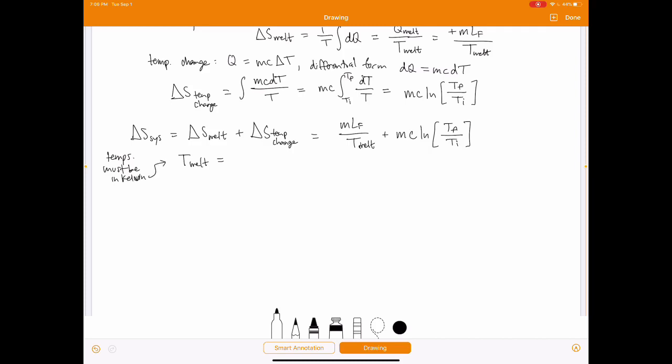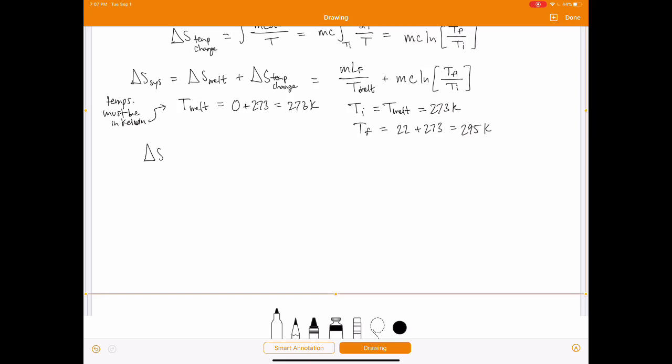So the melting point of ice is 0 degrees Celsius, but we'll add 273 to give us 273 Kelvin. The initial temperature of that now liquid water is, well, T melt, right? Which is 273 K. But then the final temperature after it warms up to match the temperature of the room, that's 22 degrees Celsius plus 273 gives us 295 K. So therefore, the entropy change of our system